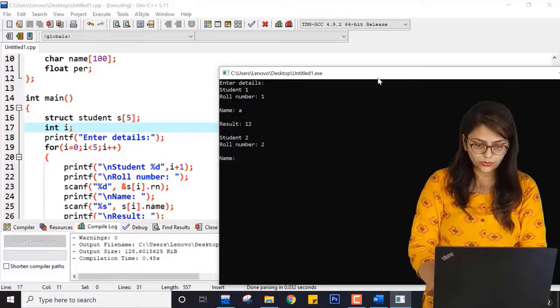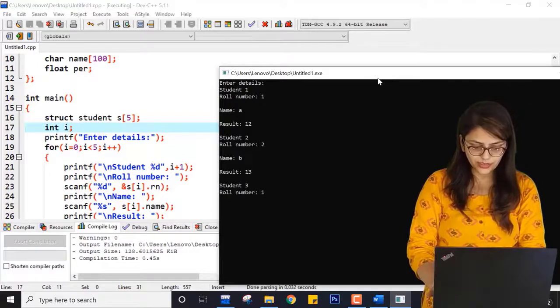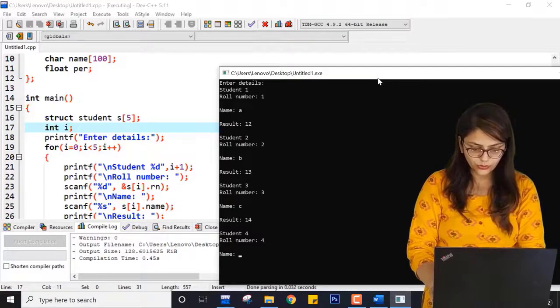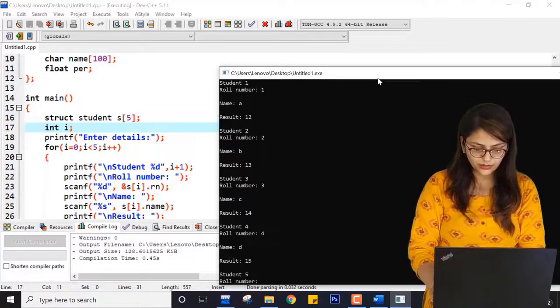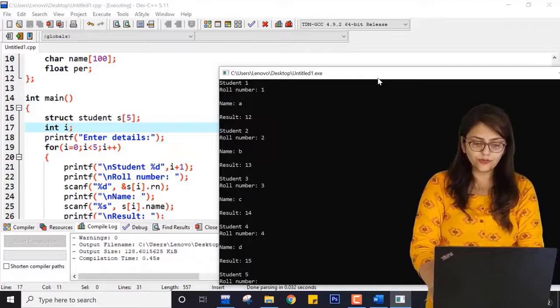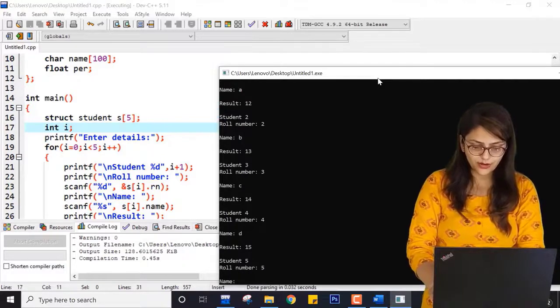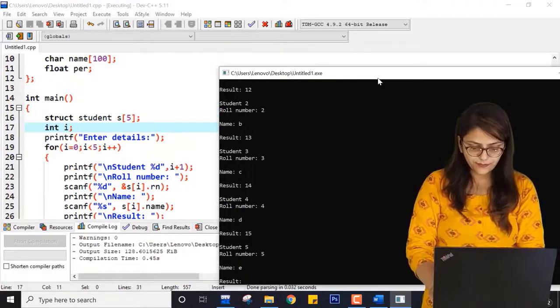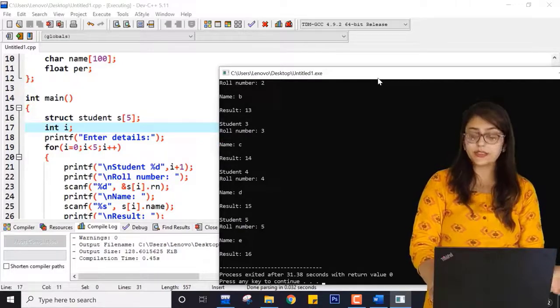Student 2 roll number is 2, name is B, and result is 13. Roll number is 3, name is C, result is 14. Roll number is 4, name is D, result is 15. Now student 5, roll number is 5, name is E, and result is say 60.